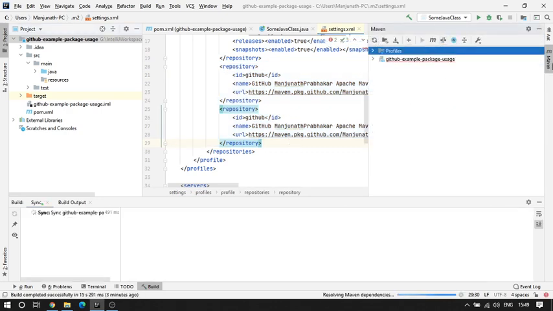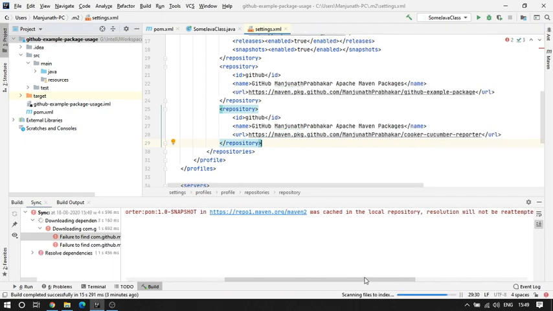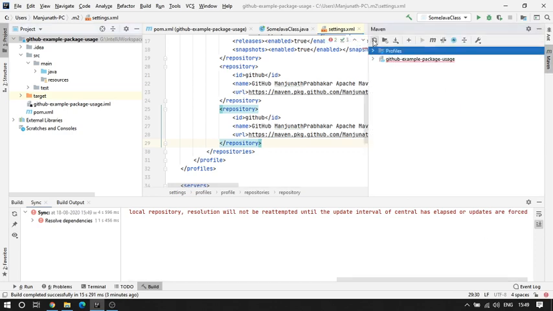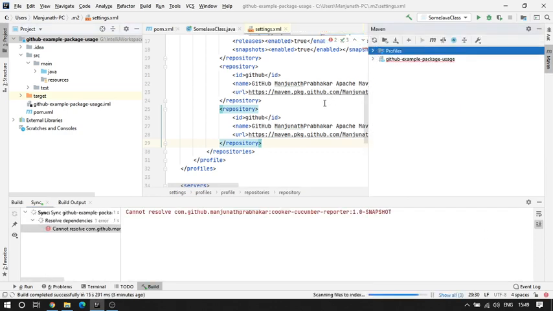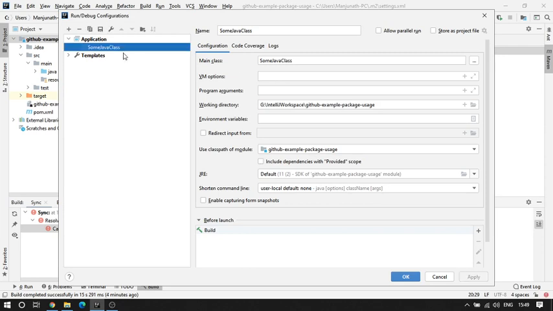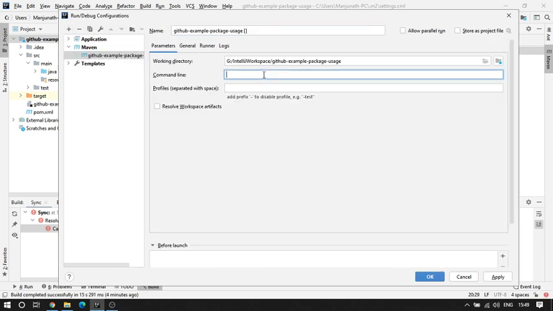So Maven refresh again, and there is an error. Go to Maven. Clean verify.